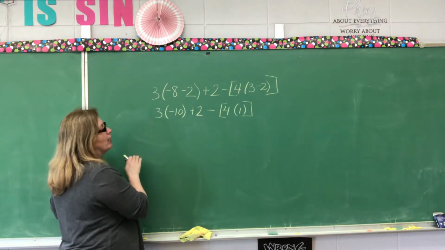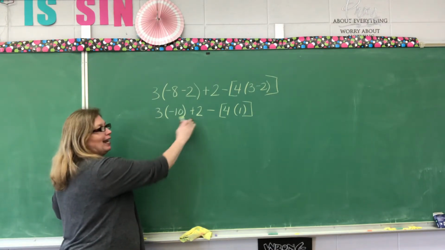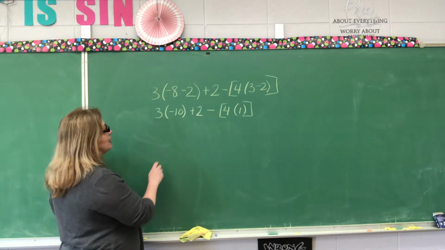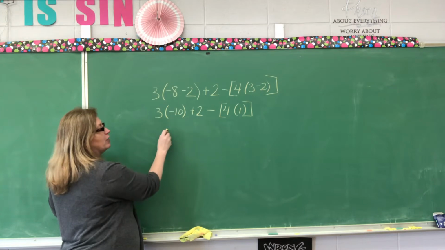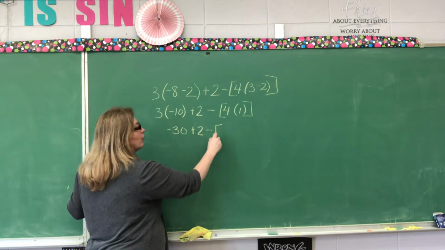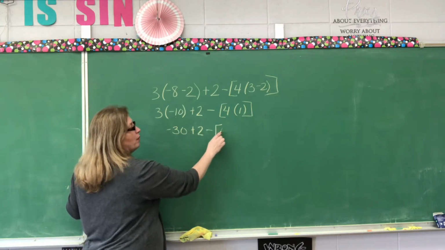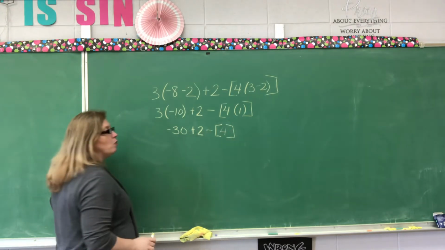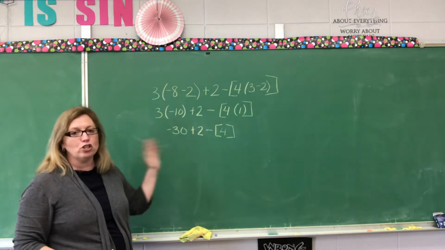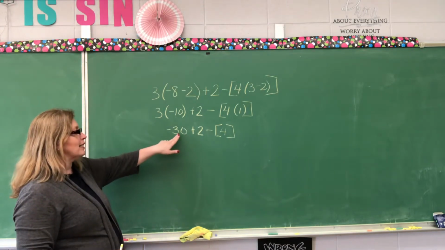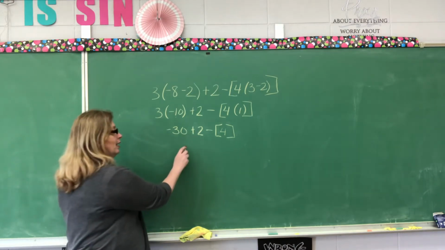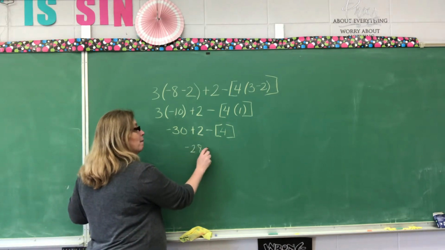What are we going to do over here? Well, I have to multiply and add. So the first thing I'm going to do, over there on the other side, I'll work those brackets in a second. 3 times -10 is -30 plus 2 minus, now I have a bracket over here, and 4 times 1 is 4. Now what do we do? Work left to right, adding and subtracting, because there's no multiplication, no division, so we're just going to add and subtract. -30 plus 2 is -28 minus